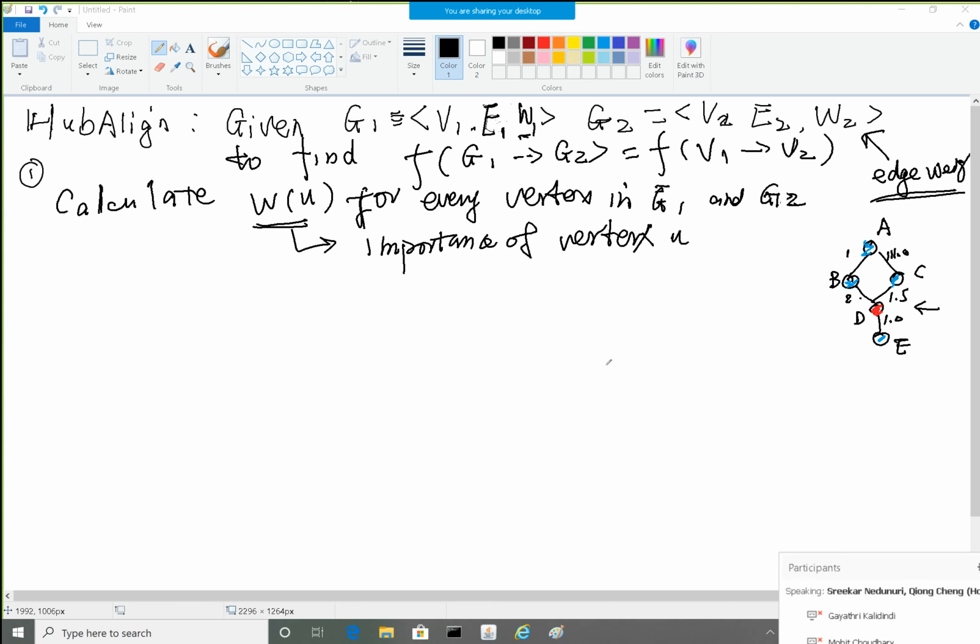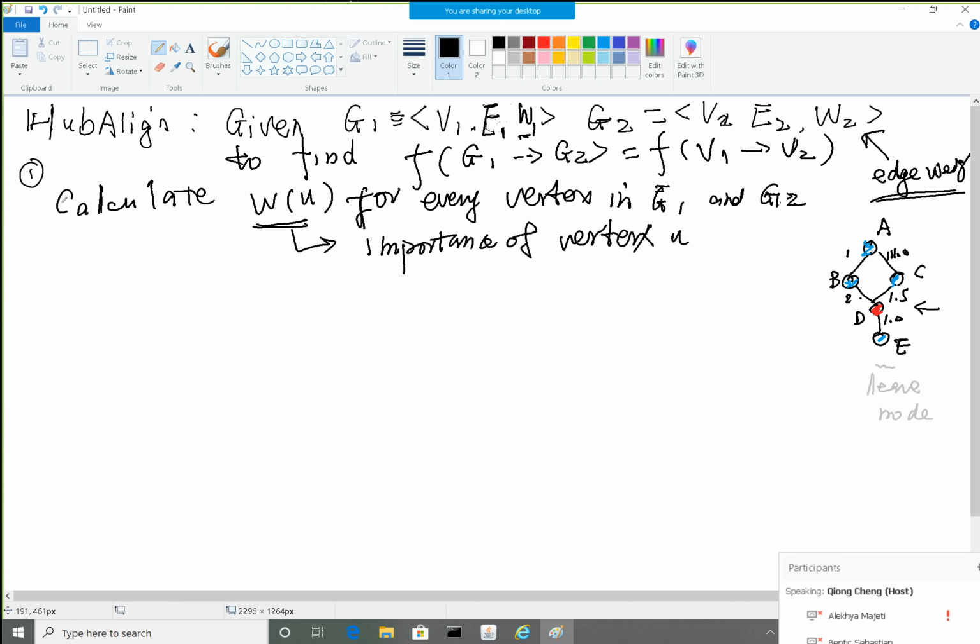Good. So this is the first step. In this first step, people consider, for example, this guy, which is a leaf node. A leaf node is an easy node, right? And this guy is an intermediate node, and the importance of each intermediate node depends on its adjacent nodes. With these leaf nodes, we can easily calculate how important this guy is, and such that the author defines